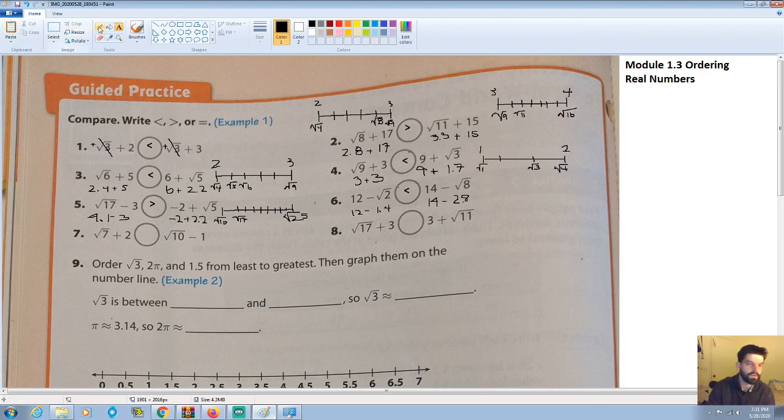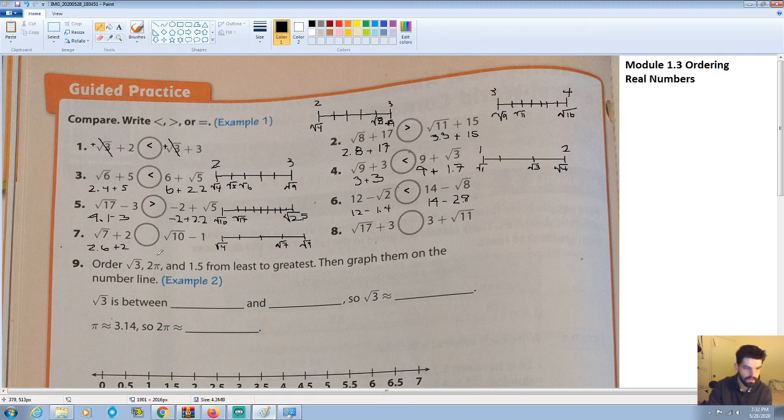Okay, so for this next one, we have the square root of 7 plus 2 is greater than, equal to, or less than the square root of 10 minus 1. So for the square root of 7, it's going to get a little busy here, so it's going to be between the square root of 4 and the square root of 9. We saw that the square root of 5 was about 2.2, the square root of 6 is about 2.4, the square root of 7 is going to be about 2.6. And we saw that the square root of 8 is 2.8, so that makes sense. So it's about 2.6